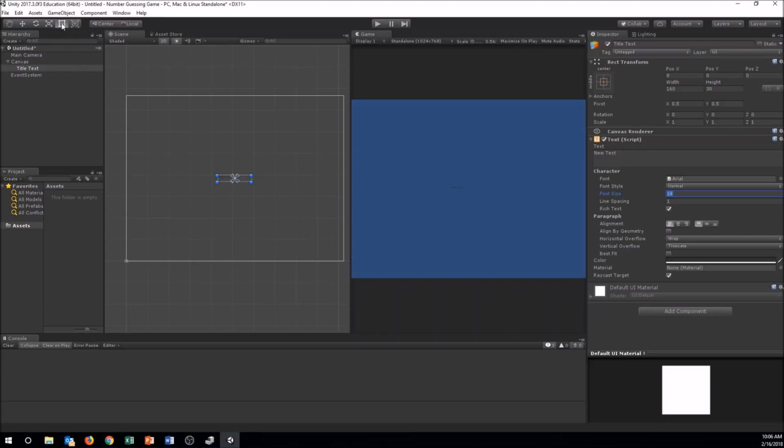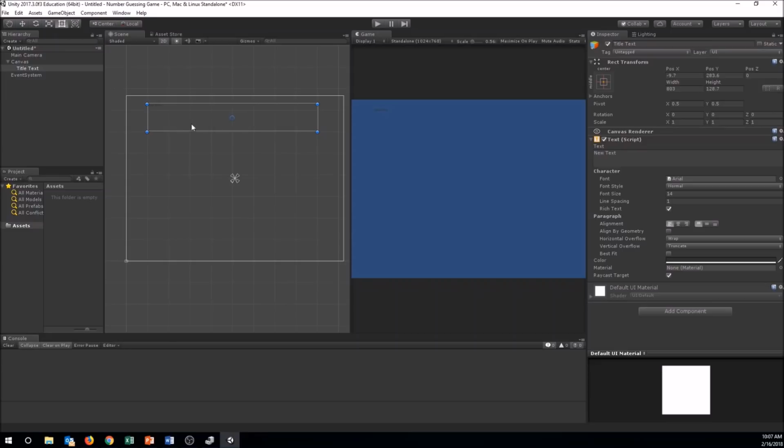So if you are right clicked in here on your rect tool, that's short for rectangle tool, you can actually just go in the middle here somewhere and grab and drag this all around, and you can see in your game view where it's going. So I'm going to center this on the horizontal, and I'm going to take it up towards the top, and then I can just grab these little bubbles and pull out, or I can grab the side and pull out. I'm going to go ahead and make this a bit bigger here,